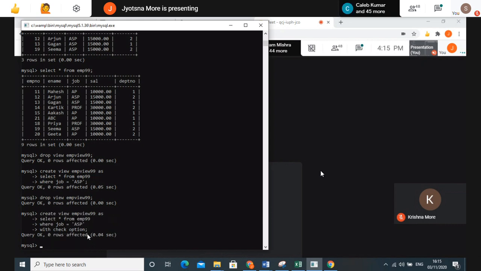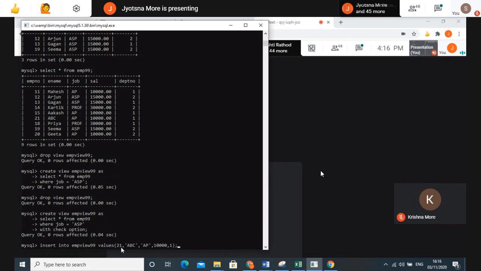Okay, I have added one constraint in my view, where I am saying check with check option. I don't want things to get added in my main table when the instructions are given to add in a view, right? So what now I will do? I will run the insert query: insert into view name values.